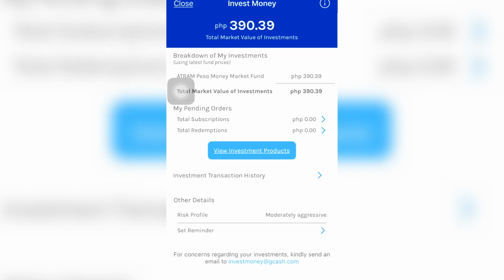Again, maliit lang po kasi yung ininvest ko from the start pa lang, mga 100, 100, 100, because I was just trying this out. Since maliit yung ininvest ko, maliit din yung return sa akin. Pero if you started off big, malamang sa malamang, malaki na din yung bumalik po sa inyo.